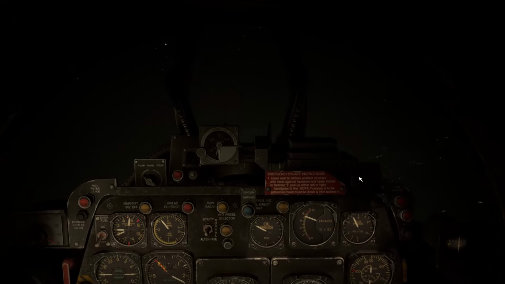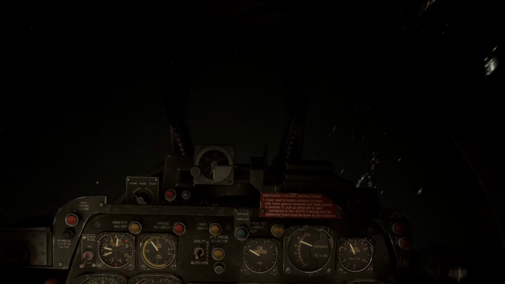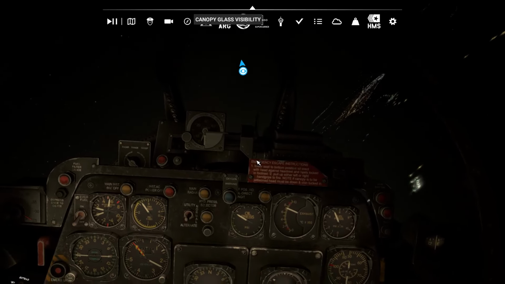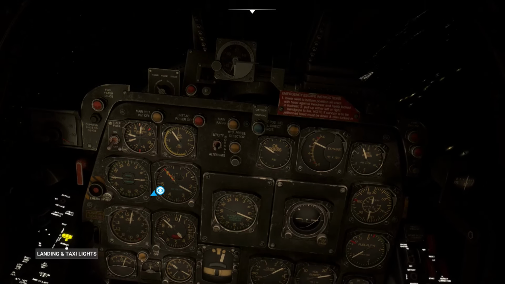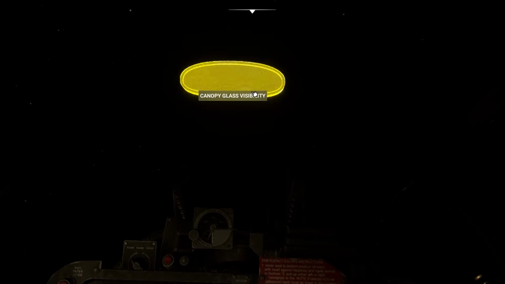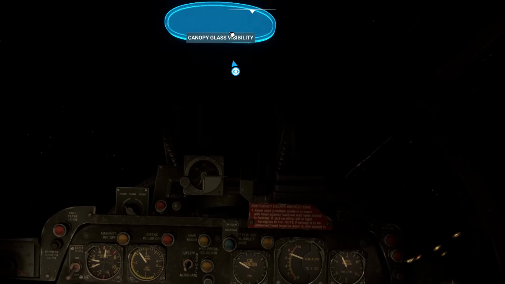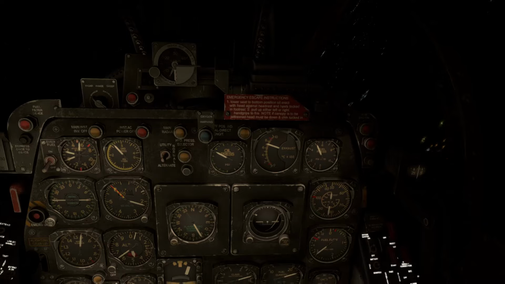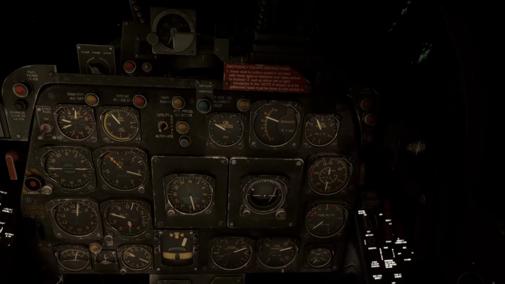And if you're flying around and you find that the reflections in the canopy are an issue, you can click on the mirror and that will take the reflections off. So if we take off the panel lighting entirely,